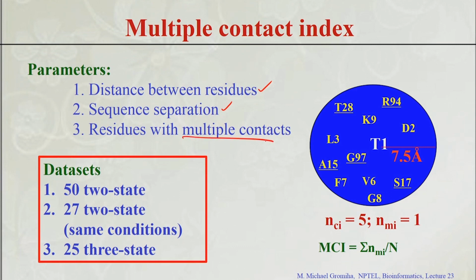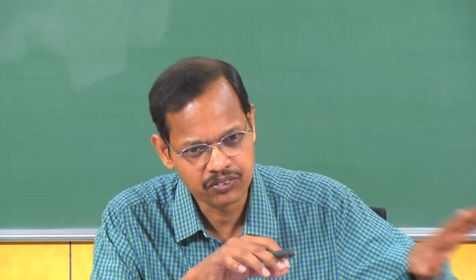Residues with multiple contacts. For example, if you see this figure, you take the T1, how many long range contacts can this form? 1, 2, 3, 4, 5. So, in this case nCi equal to 5. If this is the case, then you can define nMi equal to 1, because if it is more than 4 or 5 you can put any cutoff. And if this is the case, MCI you can calculate as sigma nMi by N for all the proteins and get the number. Now, see whether this has any influence in the folding rates compared with long range order and